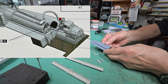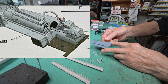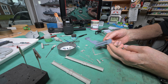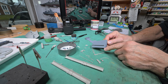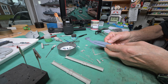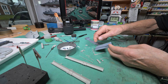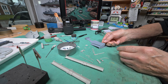There is a chance that this number, I believe this is the 66 that I used here, could dissolve a little from the 338, so my intention is to give it two coats. A fairly light coat with the 338, let it completely dry. I'll do this piece first, and then after I've done all the other pieces, I should be able to just give it another coat,